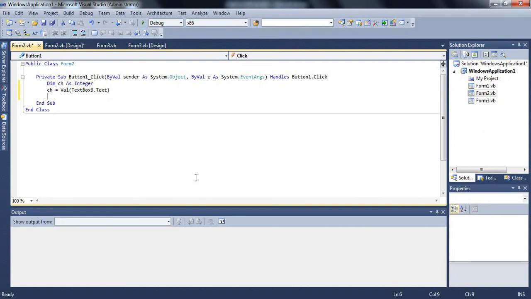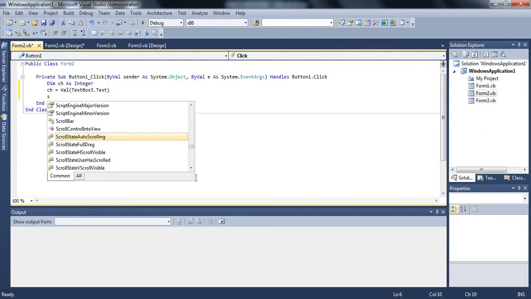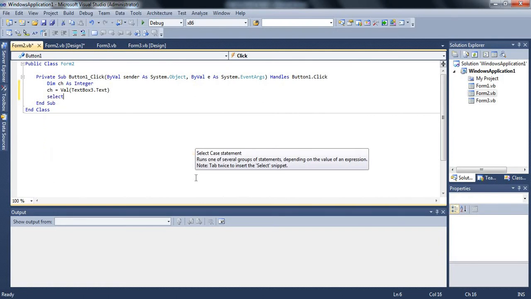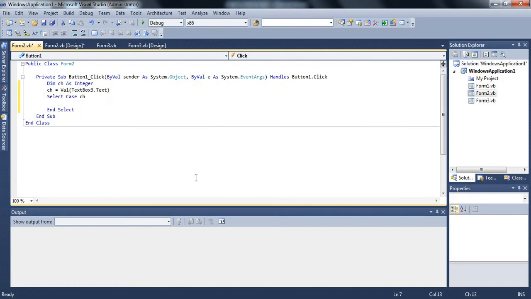Now starts the actual code, where we'll start with the structure called select case ch, which means according to this choice that the user has entered, we'll now activate our calculations based on the value stored in ch. That is nothing but a choice. If the user enters 1, then case 1. If the user enters 2, then case 2, and so on. That structure starts now. So we'll have first case 1.